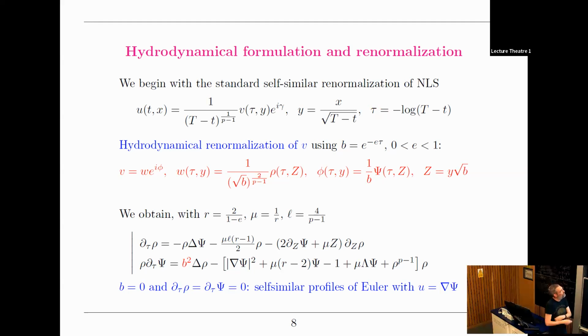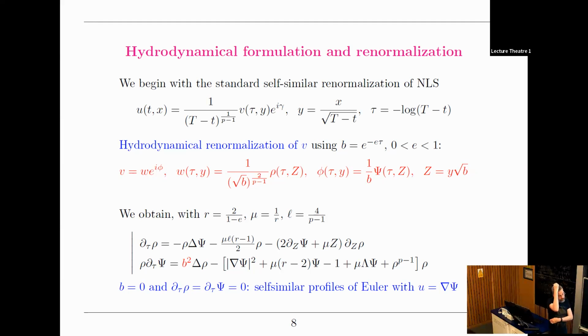Again, at this stage, this is not enough, because you don't expect type 1 blow-up, you expect type 2. In fact, it's not known whether there are self-similar profiles for defocusing NLS, so you have to do something else. And this is where you have the connection to Euler. So now my new unknown is V. It's again complex valued, and I want to rewrite it using the hydrodynamical formulation. So I want to rewrite it as, where W here is my modulus and phi is the phase.